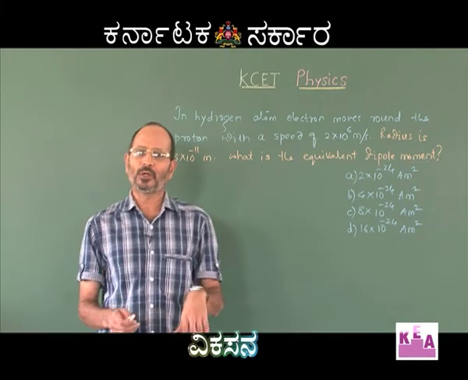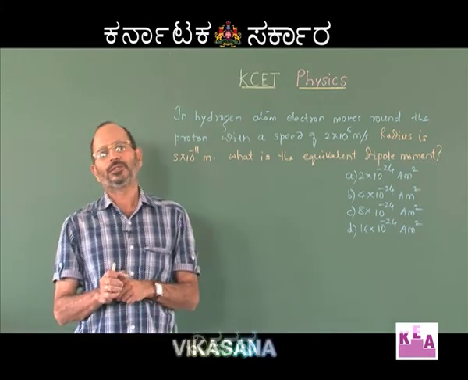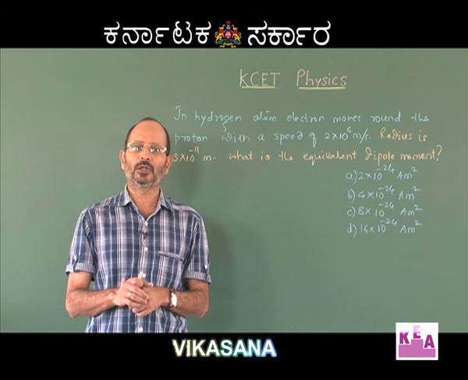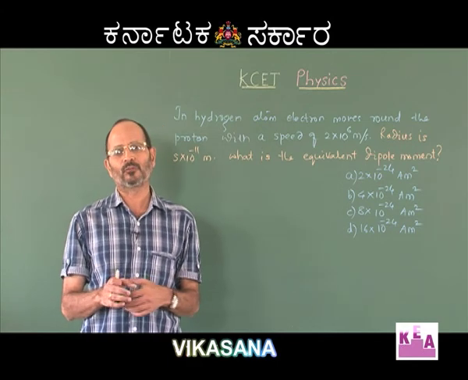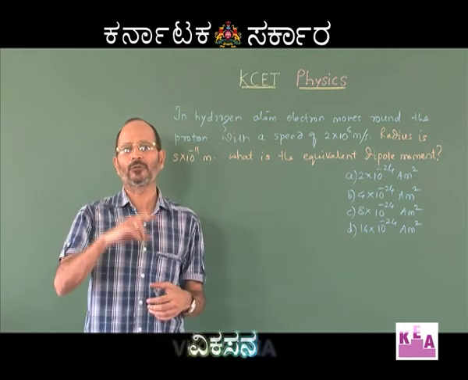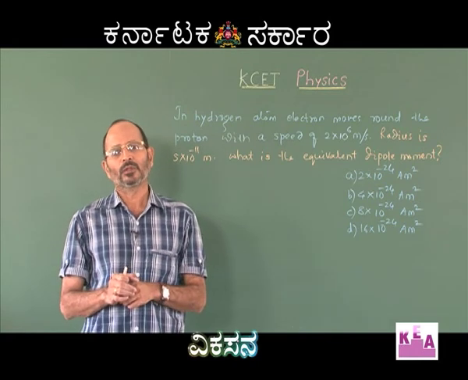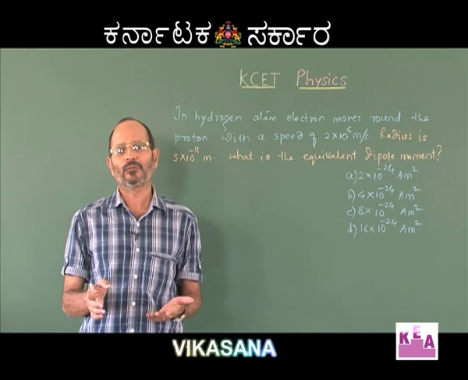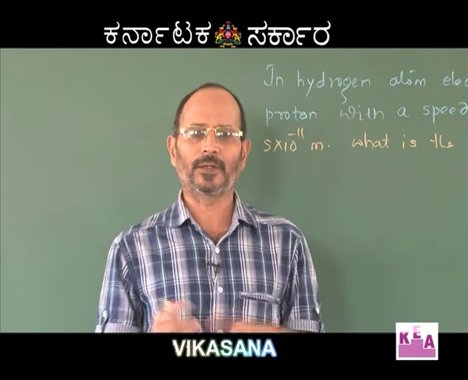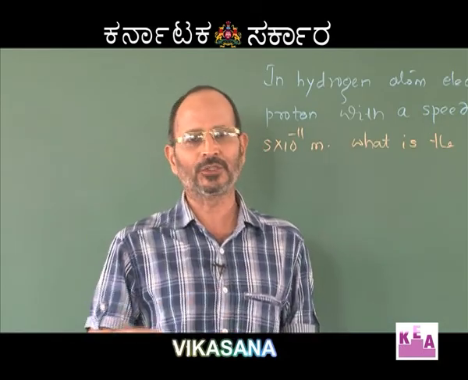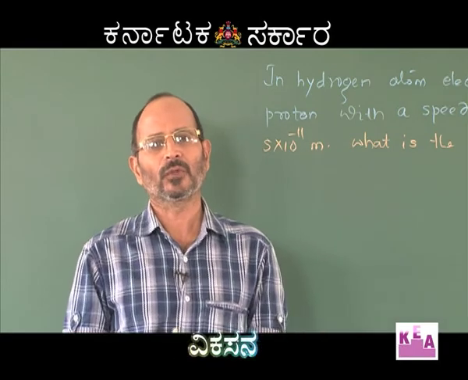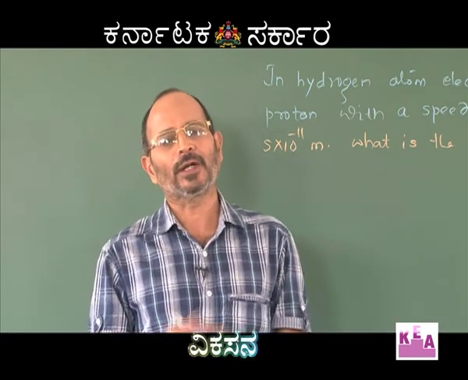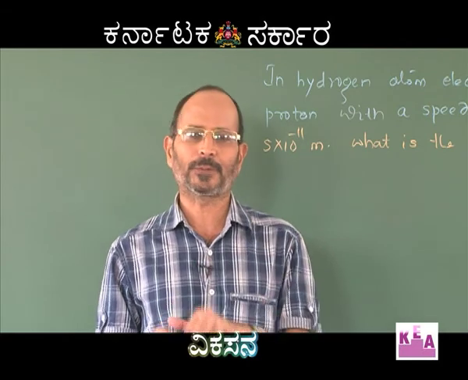Let me tell you something about dipole. See, a current carrying wire will behave like a dipole. Suppose you take a current carrying wire which is in the form of a circle, then you can write the dipole moment associated with that wire as NIA, where N is the number of turns that you have made out of that wire, I is the current in the wire, and A will be the area of that wire.